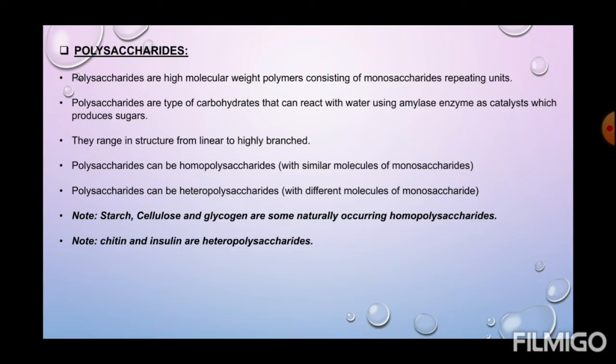Now some common polysaccharides. Starch. Now starch is a polymer of glucose. As you all have studied in class 10th, polymerization of glucose forms starch. Now starch has two components. One is amylose and the other is amylopectin. Now children, before explaining the starch concept, I would like to tell you about amylose and amylopectin. Now first, let me explain to you about amylose.